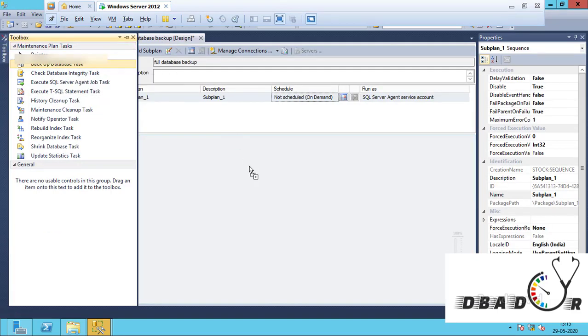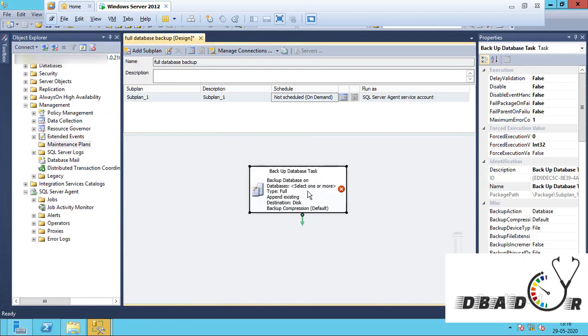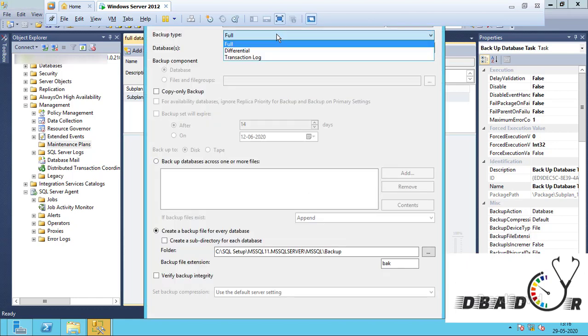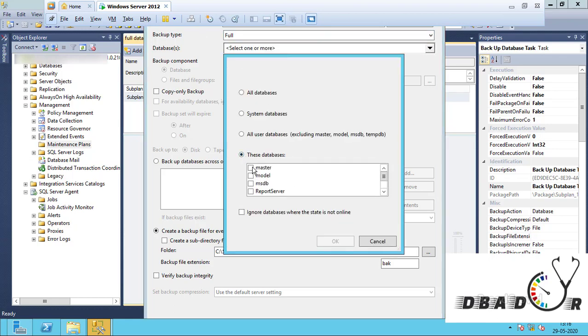Here you can see the Back Up Database Task. Just click on that. Here we have three types of backups. I'm clicking on full backup. Here we have three options: user, all databases, or system. System means master, model, MSDB, or excluding system databases. Here whatever database is there it will take. So now I am not excluding or including, just taking only one database backup, which we restored recently. Okay, this is the test database backup.